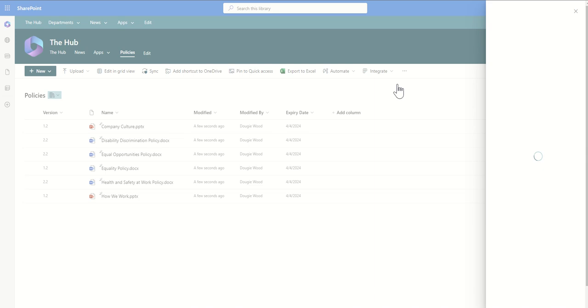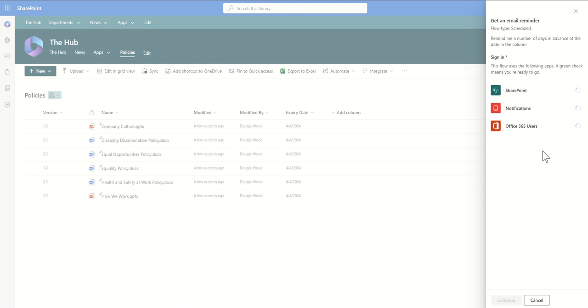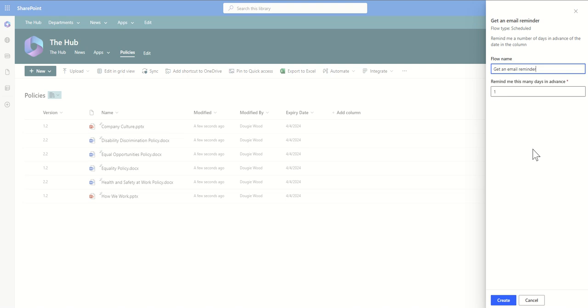it's then going to load up for me on the right-hand side the workflow template. What it's doing is checking that I've got all my connections in place here: SharePoint, the notifications, and the Office 365 users connection. If any of these go red or it says needs connection, just click on the little three dots next to it, and it will either ask you to sign in or it'll automatically go to green and tick this as well. Once we've done that, we click on the continue button across the bottom,